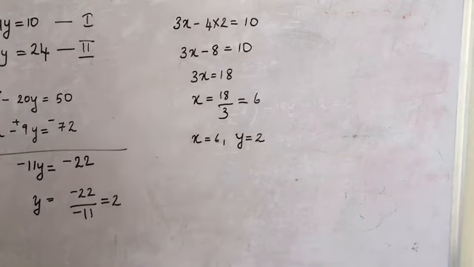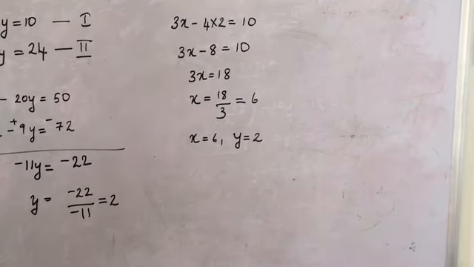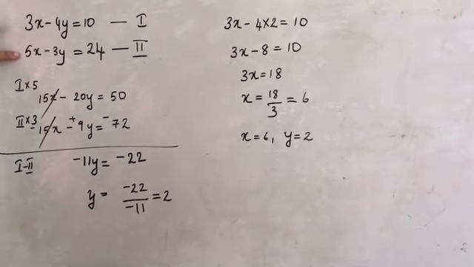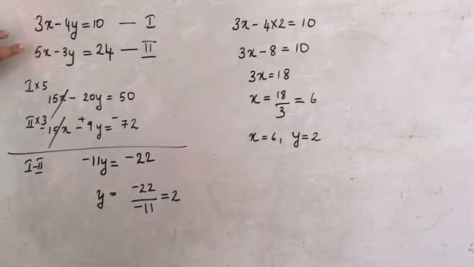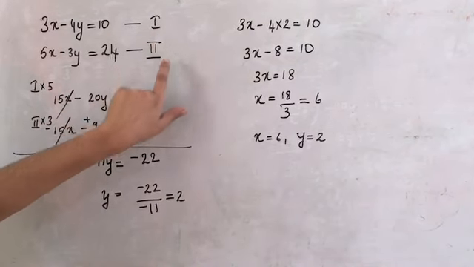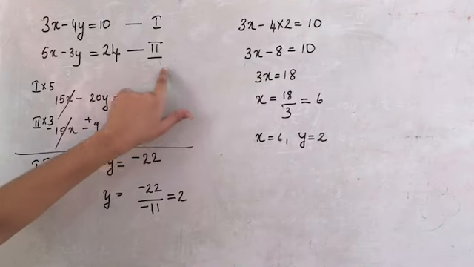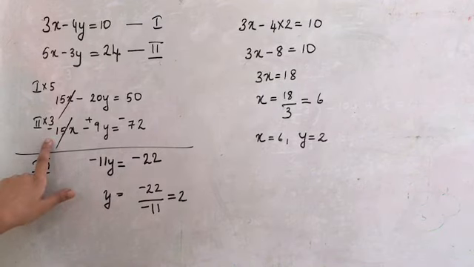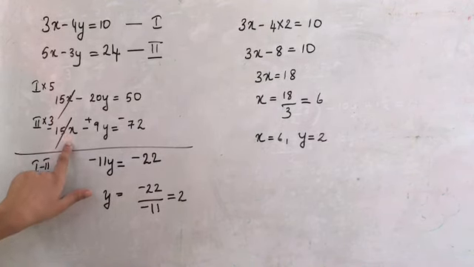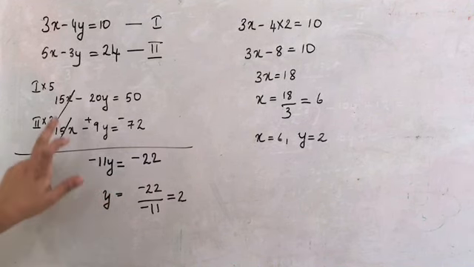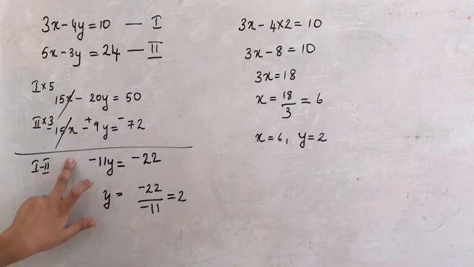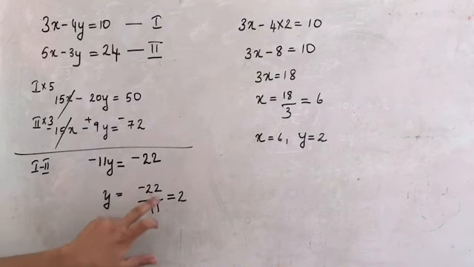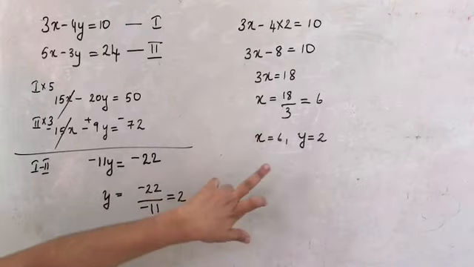And once again I will explain this problem. In this method you will have two equations and you have to either make the coefficient of x equal or y equal. In order to do that, we will be multiplying equation 1 and equation 2 with any numbers. In this case we have multiplied the first equation by 5 and the second equation by 3. So you got 15x and 15x. In order to eliminate, we have to see whether we have to add or subtract the equations. Here we have subtracted the equations. So finally we got minus 11y equals minus 22. We got the value of y. Similarly we found the value of x.